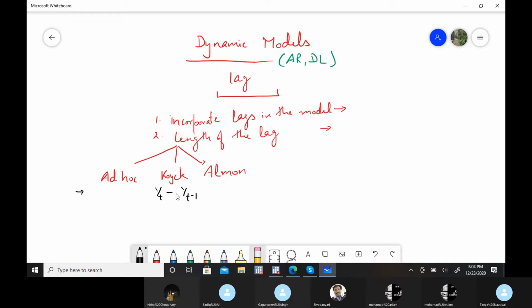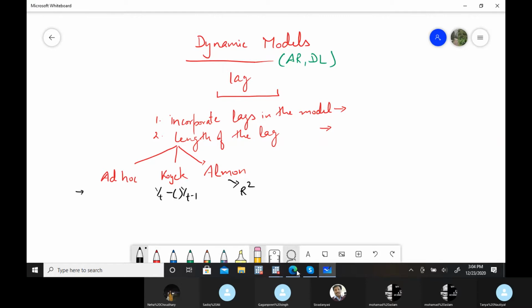The coefficient might be lambda or 1 minus lambda, depending on the situation. Almon's approach is different from ad hoc estimation and the Koyck approach. In Almon's approach, the criterion is the R-square criterion. With these three criteria we select the lag length in simple basic dynamic models.